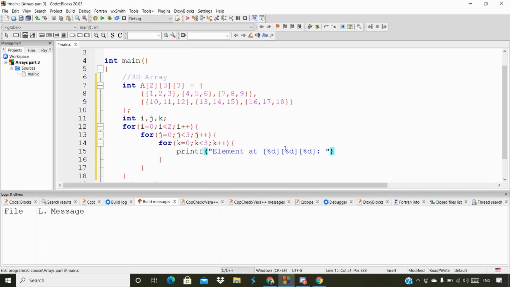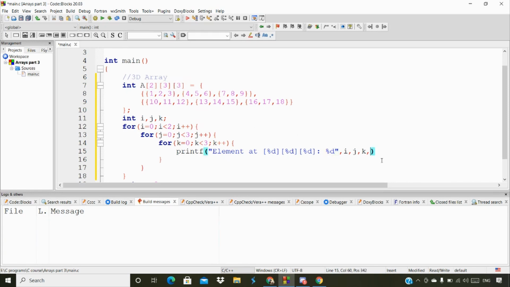Now I'm going to print one more value. We are getting the data from that particular index, so I'm also giving the index as well: i, j, k here, and then we are printing the data from that particular value of the array.